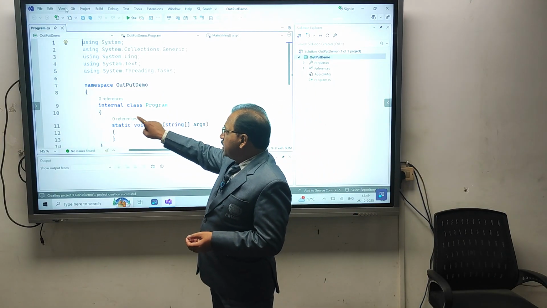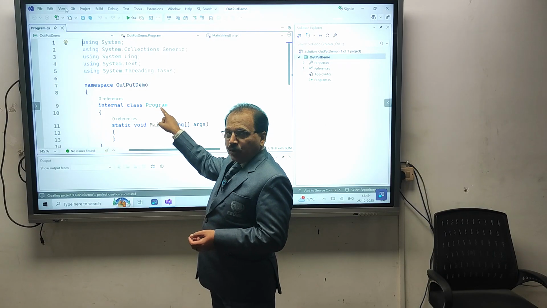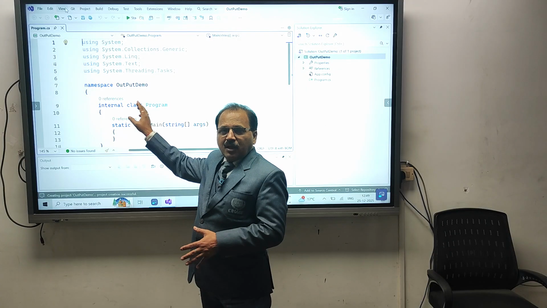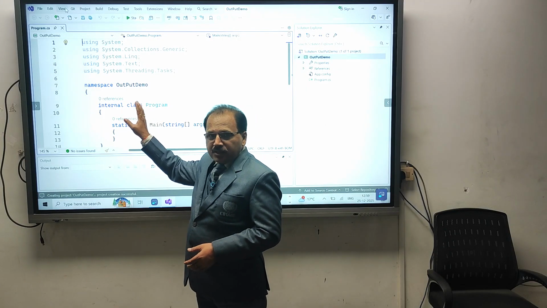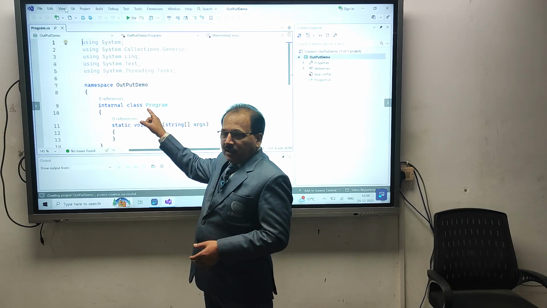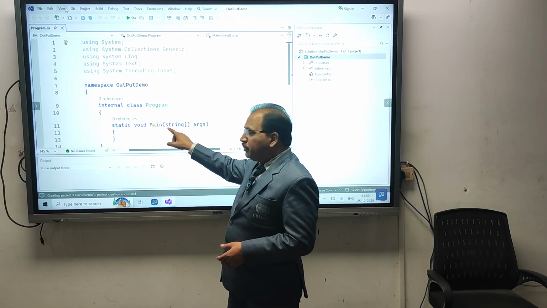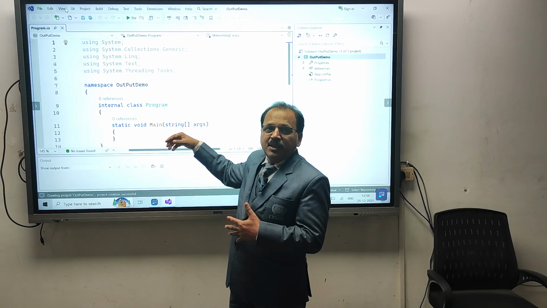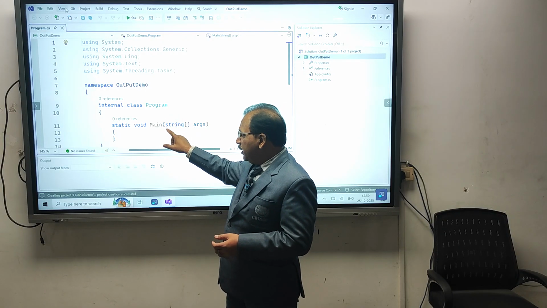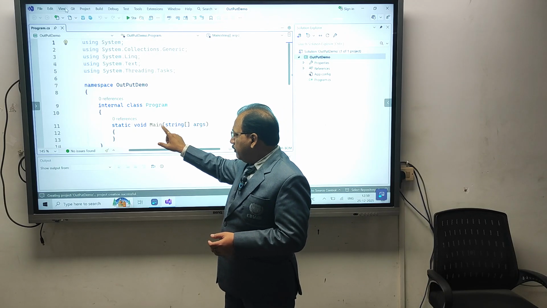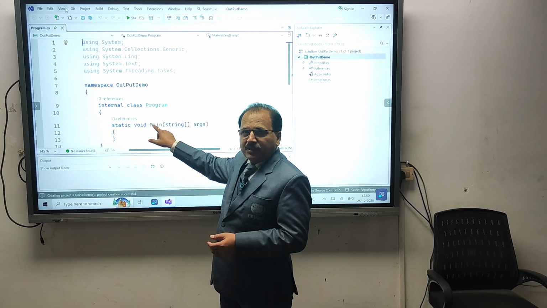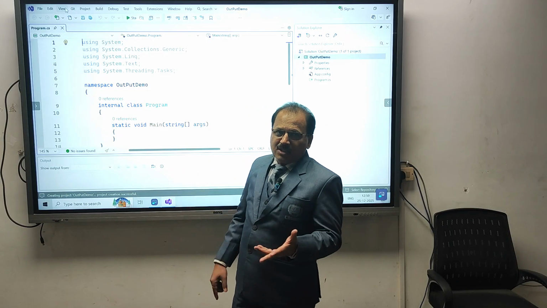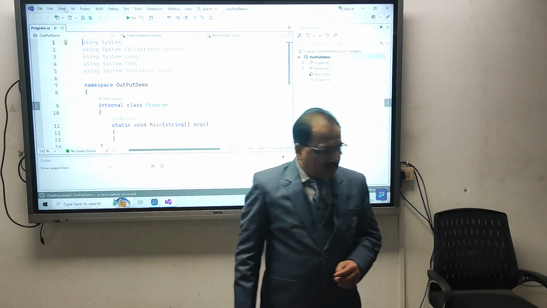Within this namespace, we have a class called Program. You can change the name of the class, and by default in Visual C Sharp, the class access specifier is internal. And definitely as a part of the class, there should be a Main method by which your application will be triggered and executed. Here one thing we need to notice, the Main method name needs to start with a capital M, not a small m. In the case of Java, it was a small m, right?